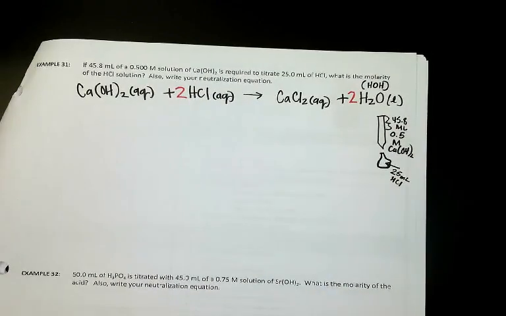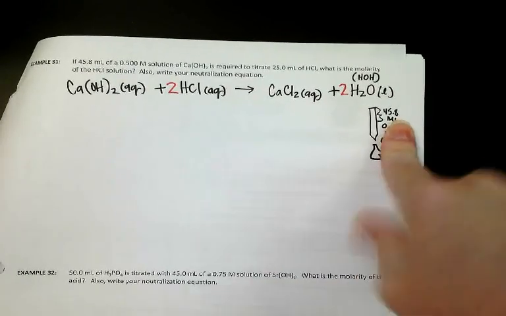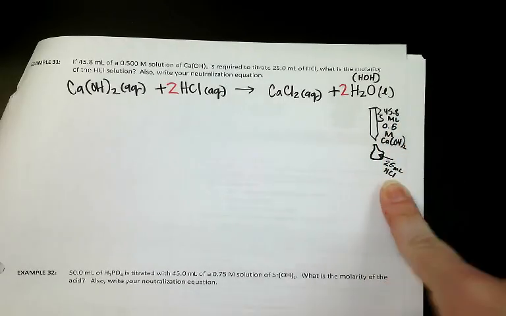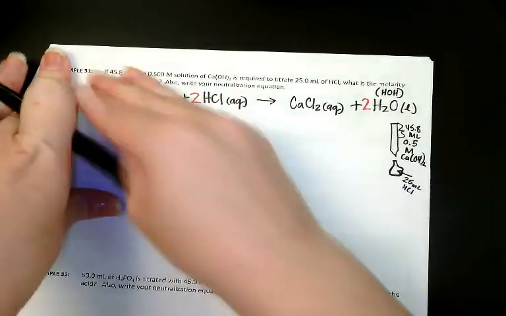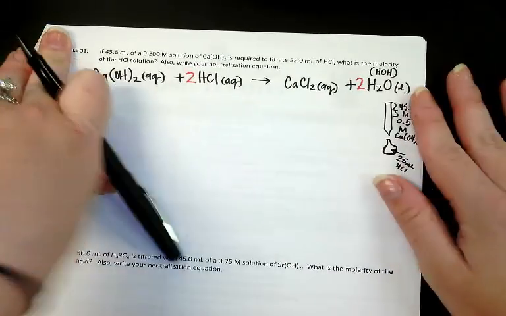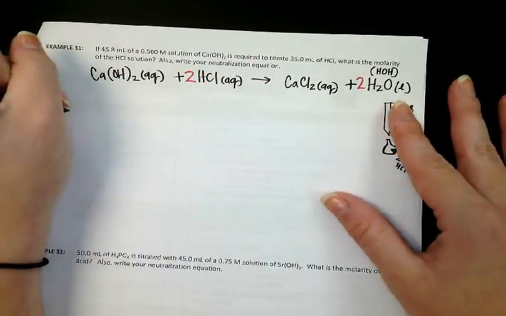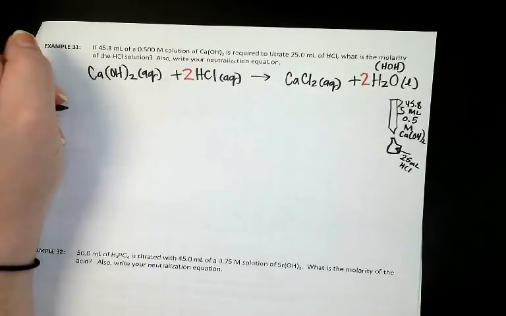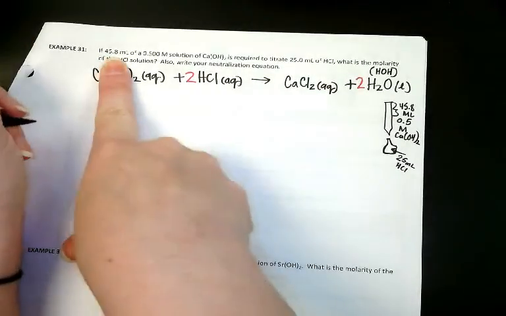So what I can do is start with the amounts used to titrate my hydrochloric acid to find my molarity. So we're going to be doing some stoichiometry. Now, you may have done this differently in Miss Cyrus's class, but I like to do my conversions all at once and then do the molarity calculation. Okay, so what our first conversion is going to be, we're trying to get from 45.8 milliliters of calcium